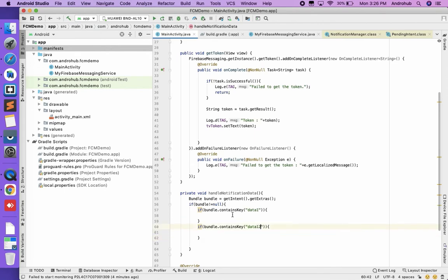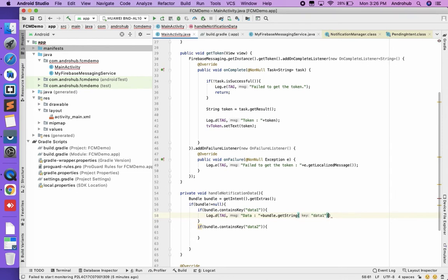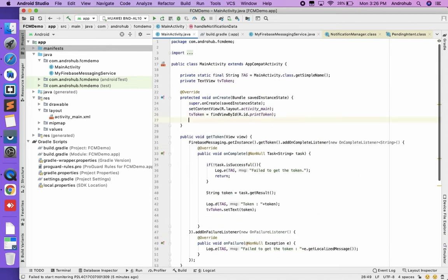If data2 is also there, then I'm just going to print them. bundle.getString data1 and just print the same, data2, data1, and just call this method from here, onCreate.